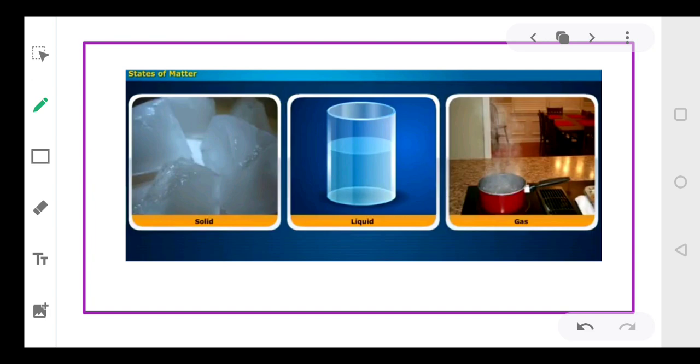Now, as I was telling you, there are 3 states of matter. Right, everyone? What are these states? Solid, liquid, and gas. Okay, everyone? This is solid, liquid, and gas. Other than this, there are 2 more states. One is plasma, and second is Bose-Einstein